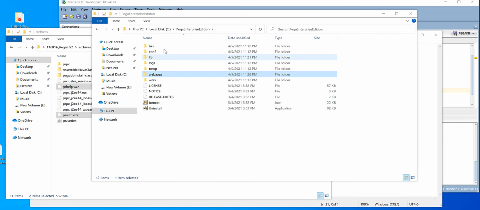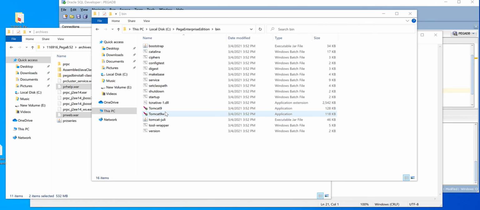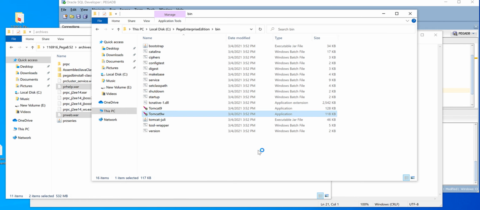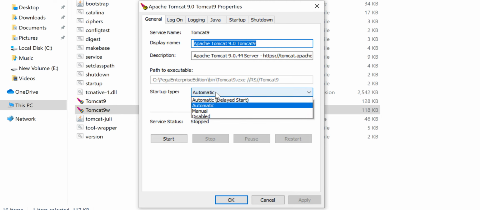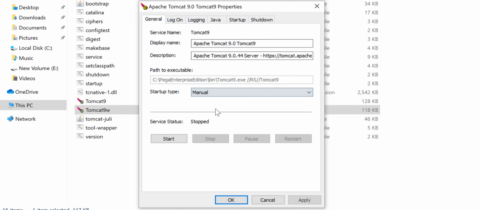Now go to your bin directory, where you can see this Tomcat application exe file. Double click on this Tomcat. You can change the startup type to manual. Now go to the Java tab.